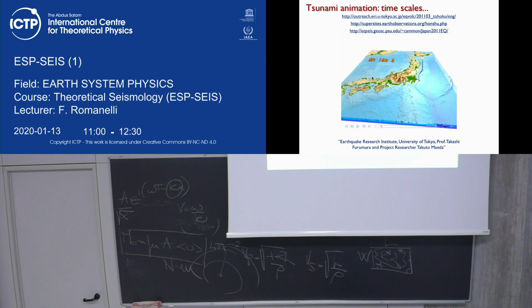Tsunamis. Look at the time scale here, that's minutes. When the ground motion was passing away, directed to the other parts of the world, tsunamis were still in the middle of the ocean between the source region and the Japanese coast. Because only after, let's see,